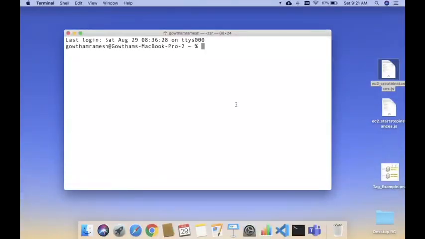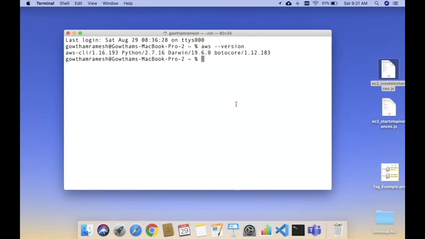In the terminal prompt, please check whether AWS is properly installed. Look at this particular command, aws --version. If you specify this command in your terminal, command prompt, or Git prompt, it will give you the version of the AWS CLI you are currently using.